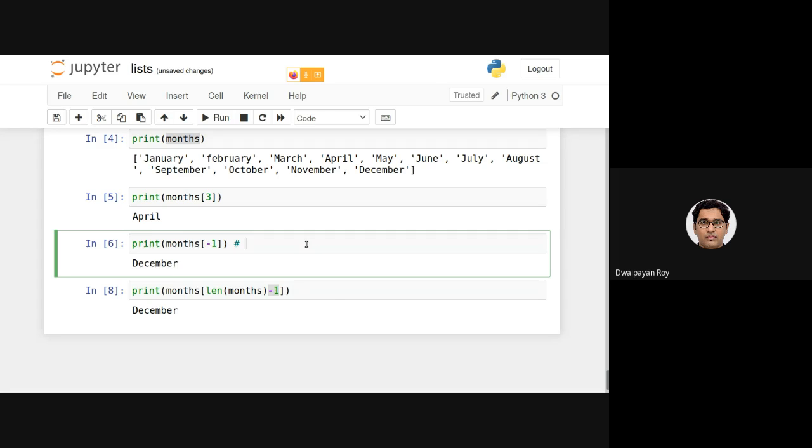In general, if I use negative indexing -n, this is equivalent to writing months, or the sequence data type, let's say seq, the length of the sequence data type minus the value of n. So this is basically equivalent to seq[-1]. Got it? So this is a way of using the len function to access the items in a list.